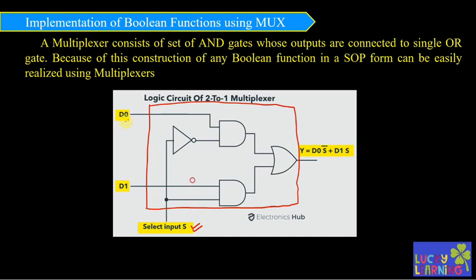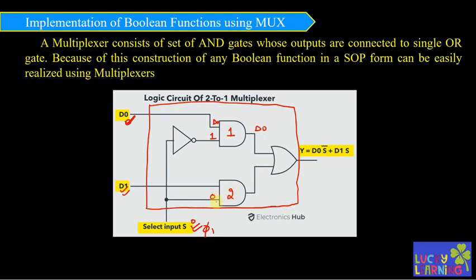If the select input is 0, it is going to select the data 0. D0 is going to be selected. If the select input is 1, it is going to select data input 1. How is it going to be selected? Because when the select input is 0, the input to the first AND gate becomes 1, right? This is 1 and the data input is 0. 1 and data 0 is D0, so D0 is going to be selected, and the other input to this second AND gate